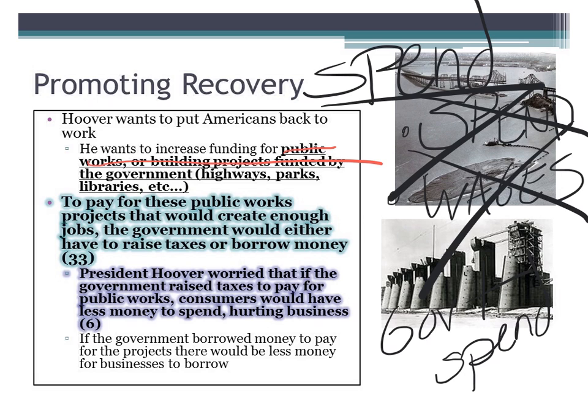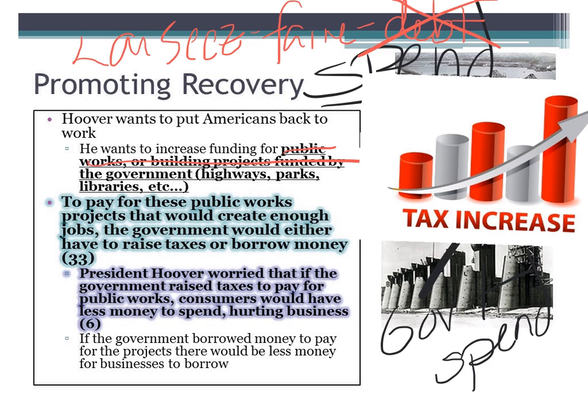But to do that, remember that Hoover believes in laissez-faire economies. He does not want the government to get too involved in regulating or even promoting the economy. And at the same time, since he's a believer in laissez-faire economy, Hoover does not like debt at all. So to pay for these public works projects that are going to create jobs, Hoover has to do one of two things. He's either going to have to raise taxes higher and higher, because that would pay for the loan somehow, or he's going to have to take another approach, and that approach is perhaps even more dangerous, at least as someone who believes in laissez-faire economics,